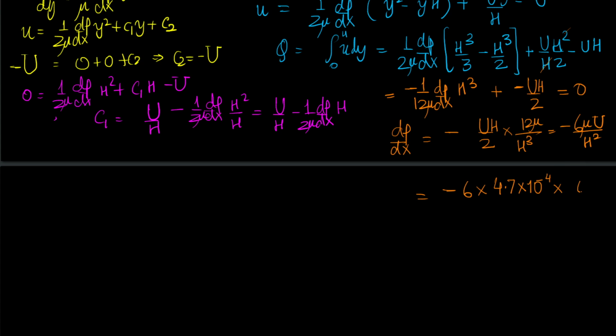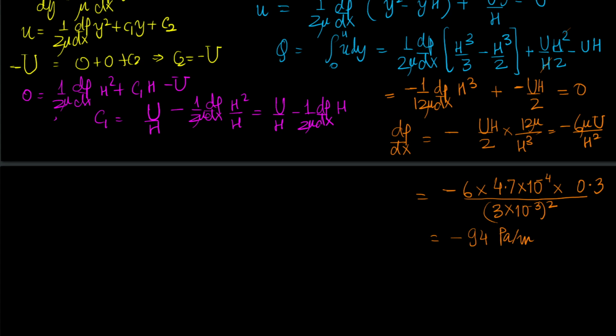the velocity, which is 0.3, upon h square. So the gap is given as 3 millimeter, so it is 3 times 10 to the power minus 3 meter, squared. Let me just plug in these numbers into my calculator. So this becomes minus 6 times 4.7 times 10 to the minus 4 times 0.3 divided by 3e minus 3 squared. So it comes out to be minus 94